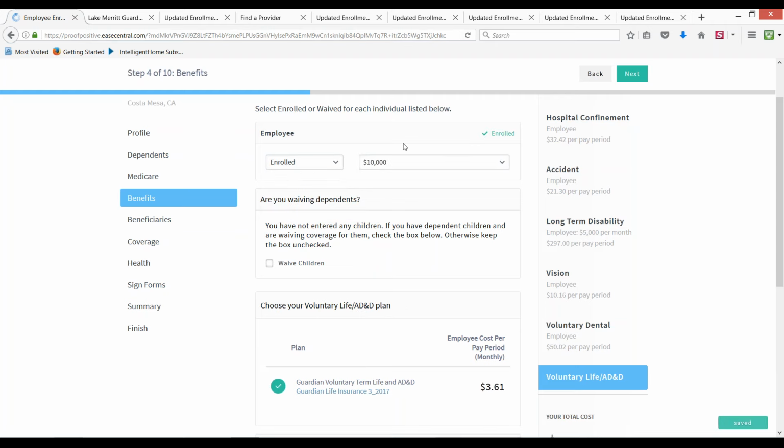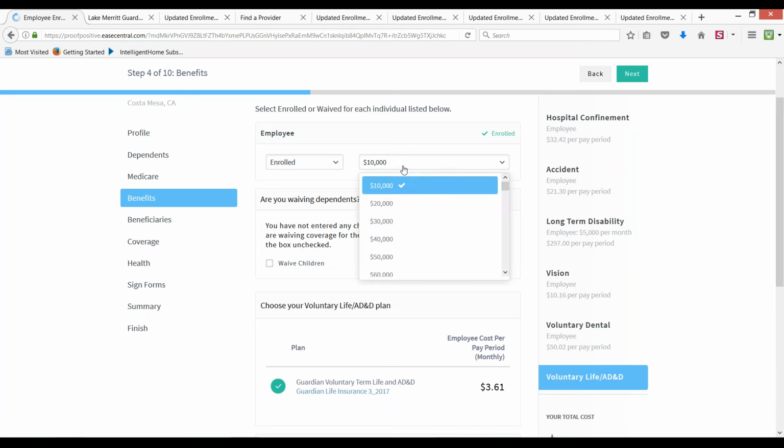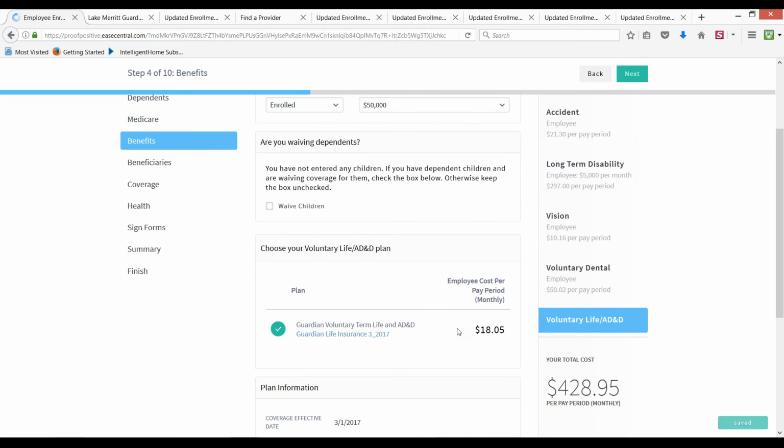So if I choose to enroll in it, it's going to be incremental. You can see here it's just going to go up by price. So if I decide I want 50,000, it's going to calculate the amount based on my age, right? And it's going to add that to my cost of benefits. So let me go over here, see what's going on. I'm just looking at the benefits on a separate screen, so give me 1 second here. I want to see what your guaranteed issue amount is.